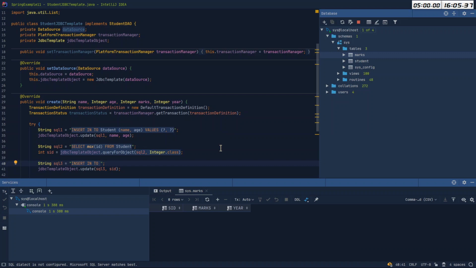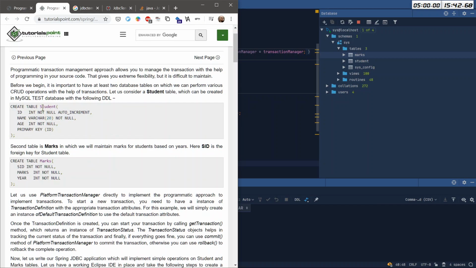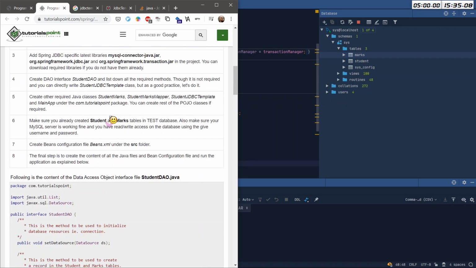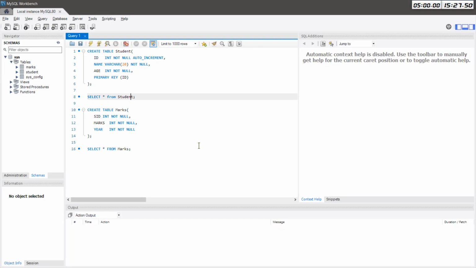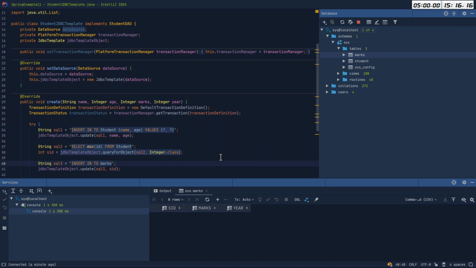So it is student marks, and I see the student here is lowercase. So I will leave the student here uppercase just for the fun of it. And I also want to know how they created that. It is a capital S, and here is capital M. Interesting. And here's lowercase. And if I have a look into the workbench tool, we have a lowercase name of the tables too. So maybe it is case insensitive? Who knows? Anyway, we will insert into marks,